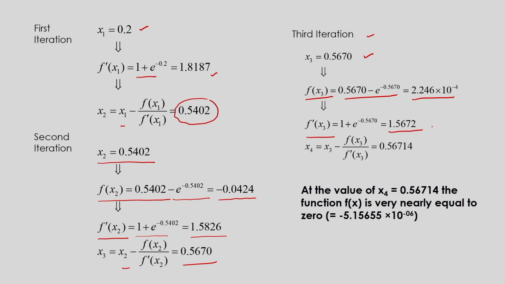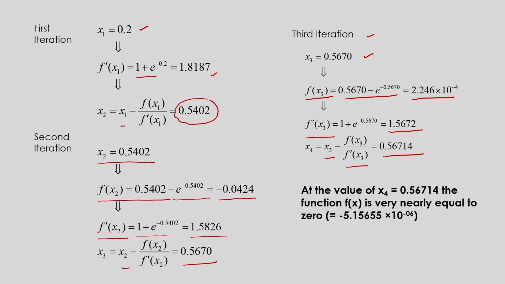After that, to find the next point of x, that means x4, as per the principle of Newton's method, it will be x3 minus f of x3 divided by f dash x3. After substitution of x3, f of x3 and f dash x3, it will come